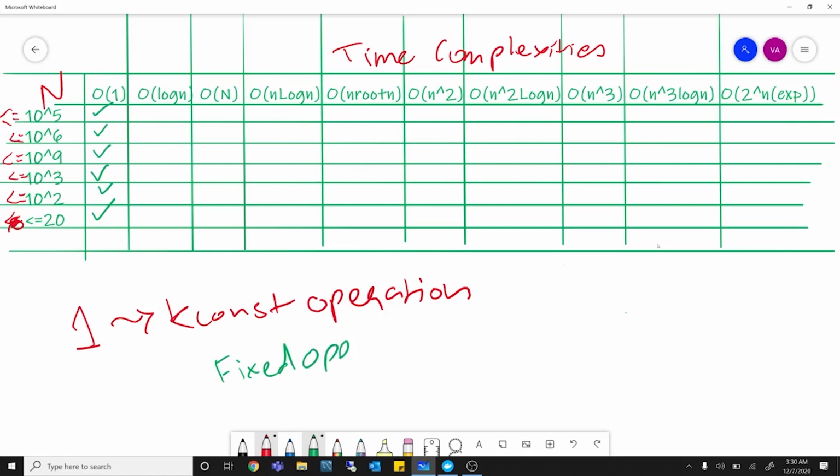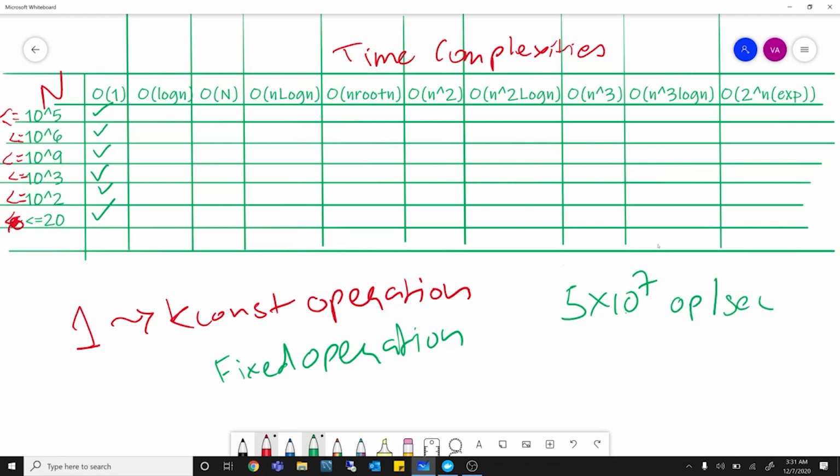Now let's talk about what an operation is. Mind you, I'm saying operation and not calculation. An operation can be input, output, bitwise OR, comparison, or anything, whereas calculations are more of arithmetic operations, which we call plus, minus, divide, multiply, modulus, etc. I'm speaking here about operations and not calculations. This entire concept of time complexity is based on the fact that online compilers generally solve 5 into 10 to the power 7 operations per second.